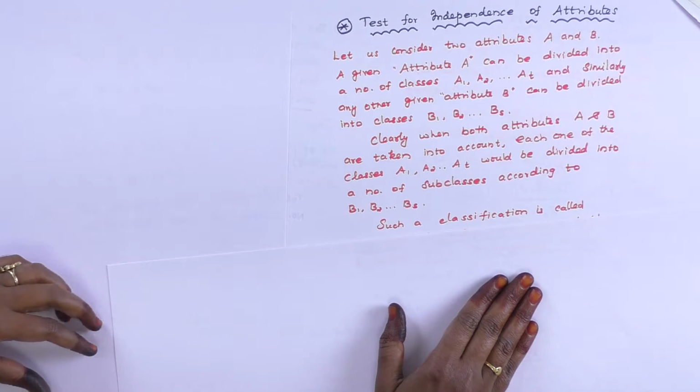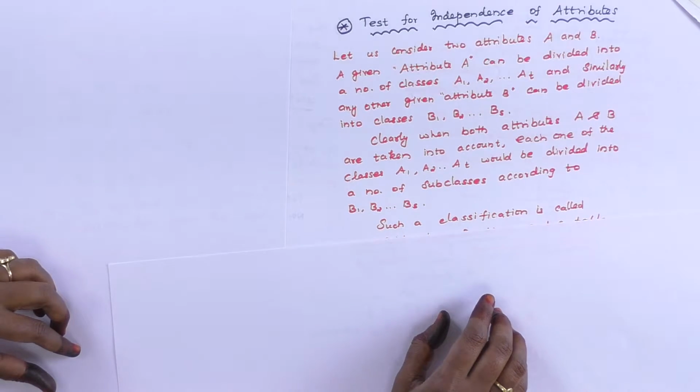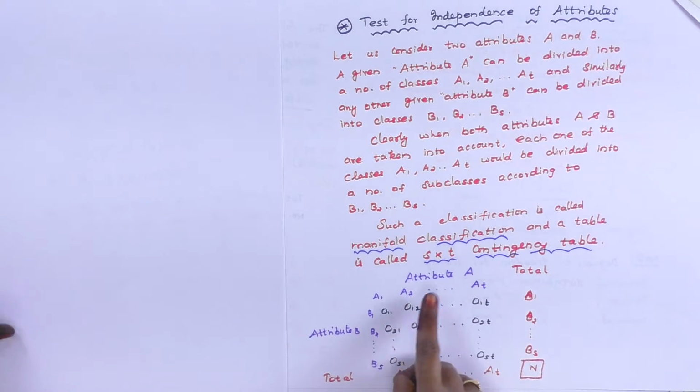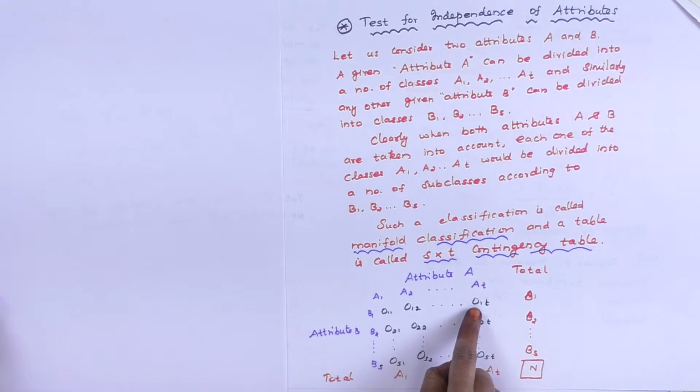Such a classification is called manifold classification, and the table is called an S by T contingency table. That is, attribute A can be divided into T subclasses, and attribute B into B1, B2, etc., BS subclasses. The corresponding observed frequencies are denoted by O11 in the first row, first column, O12 in the first row, second column, etc., O1T. Similarly for the second row and so on. The last row, the S-th row, is OS1, OS2, etc., OST, and the total sum values are